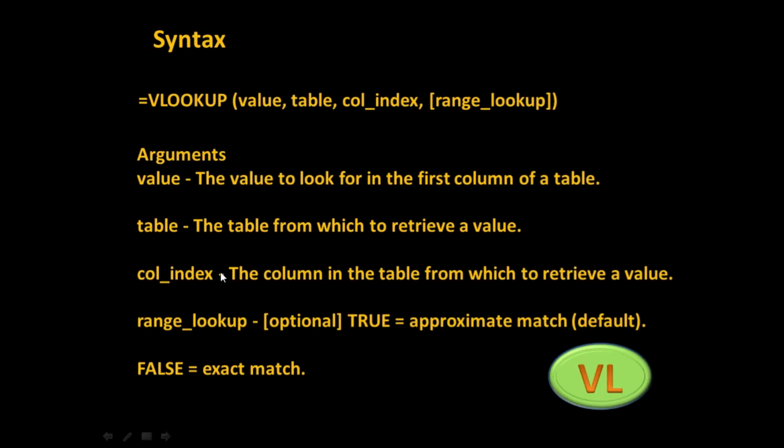So this is the syntax of Vlookup. Vlookup is the keyword, then the value to be searched, the table, the whole array, the column index, and the range lookup. So these are the arguments: the value to be looked up in the first column of the table; very importantly, the table from which the value is supposed to be retrieved; the column index, which is the particular column you'd like to have; and then the range lookup,